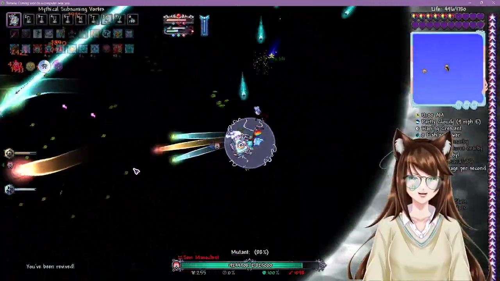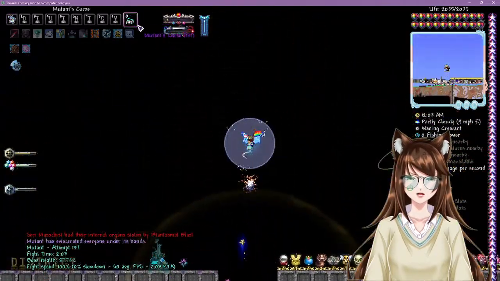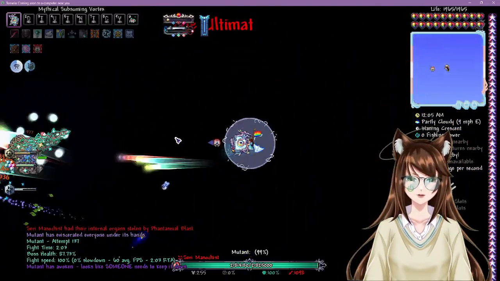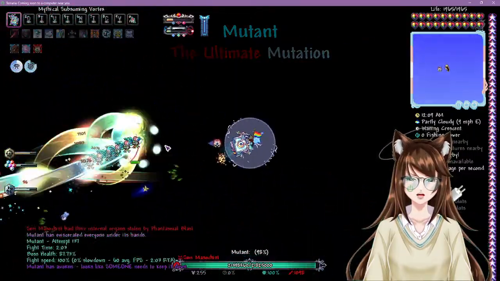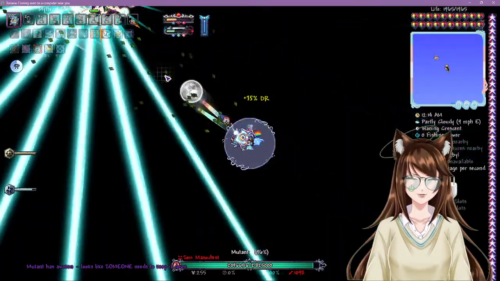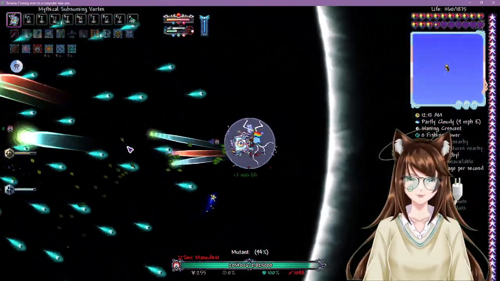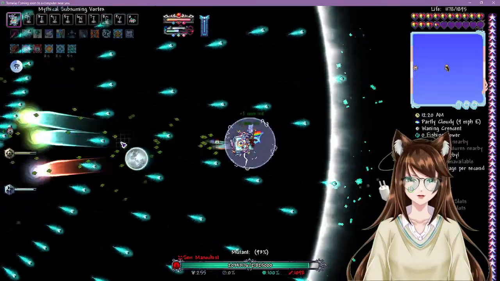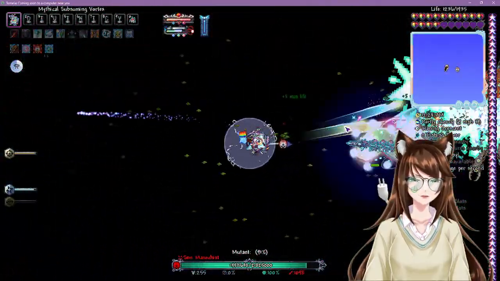This attack. You have to bait him. You have to freaking bait him. Okay, so when that circle that you see at him is dark blue, that means you have to bait that attack. He's going to lead you on the attack. And if it's a lighter shade of blue, then he's going to just shoot it directly at you.